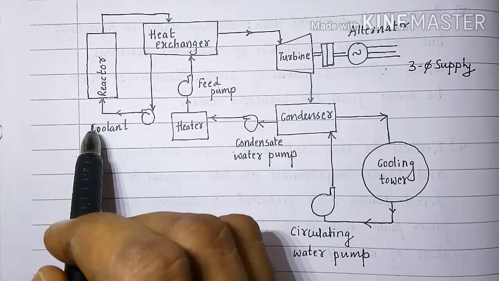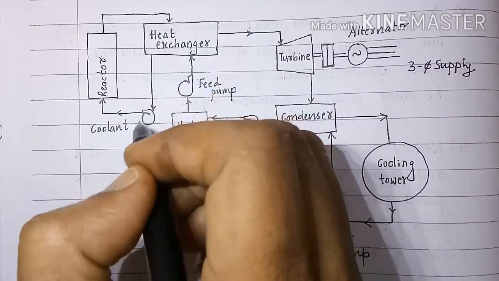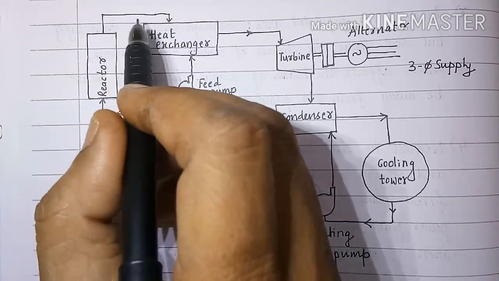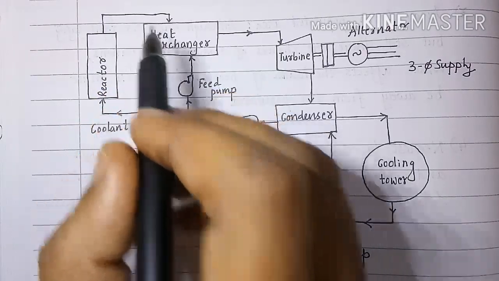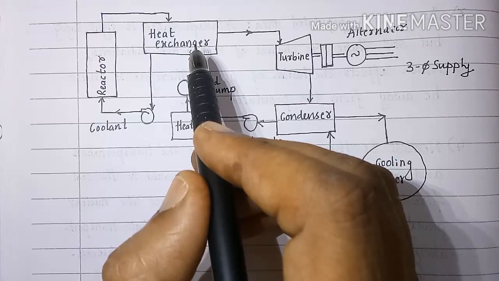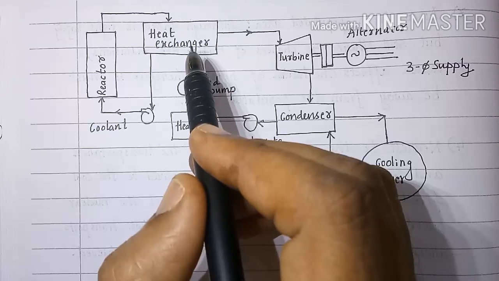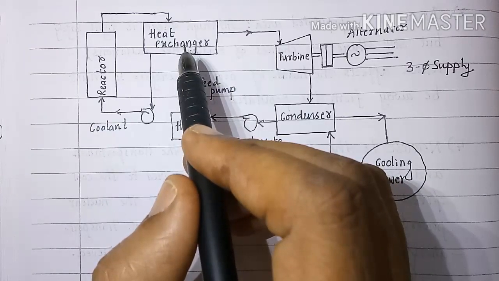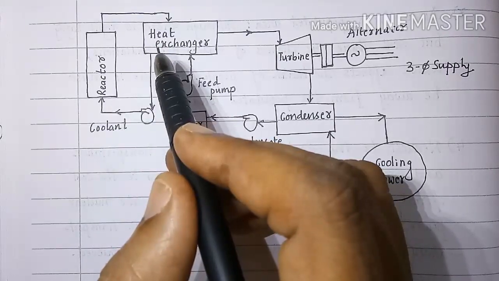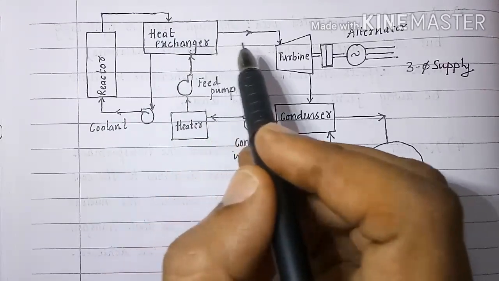That heat energy is extracted using coolant. A coolant material is passed through the nuclear reactor and the coolant takes out the heat from the reactor, and that coolant transfers the heat to the working fluid, which is usually the water. In the heat exchanger, when the water gets heat energy from the coolant, the water gets converted into the steam, and that steam